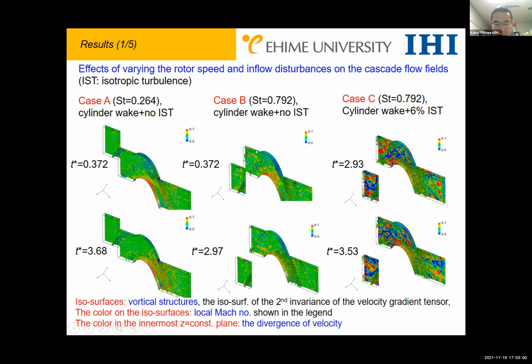And after the impingement, turbulence is produced, and when the disturbances are injected on the suction side, the separated flow vortices are disturbed, and this reorganization of the boundary layer takes place near the trailing edge. In case C, because there is a fine